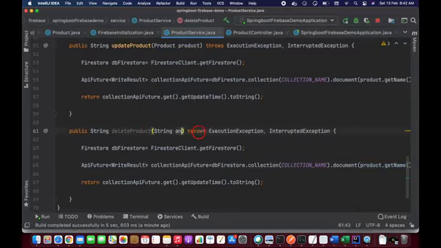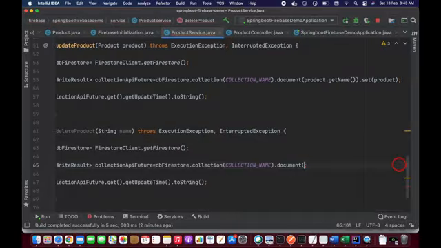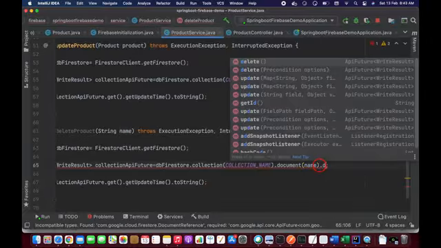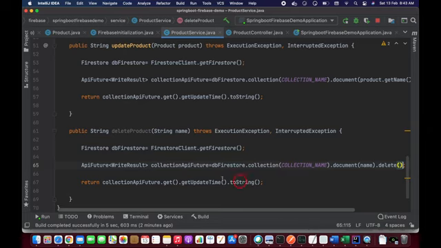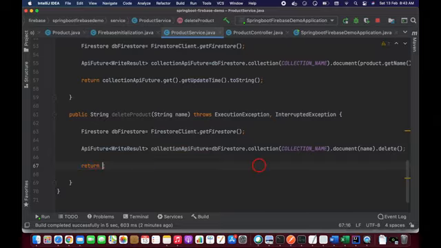Based on the name it's going to be deleted, right? So in the document I'm going to pass, let's delete this code, guys. Here we want to pass the name, so let's pass this name and after that you can delete. And after that you can just return some string here, so instead of